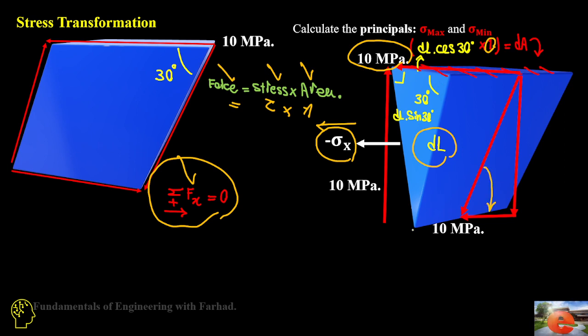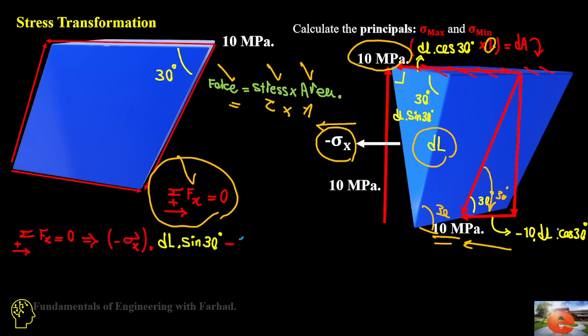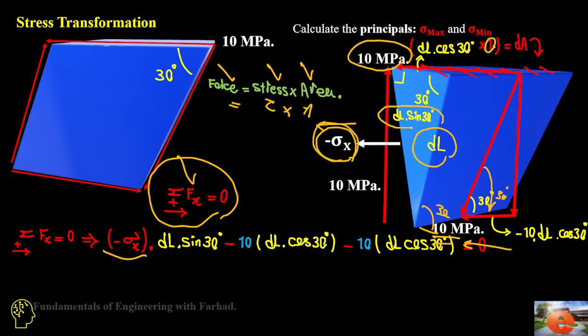If that's 30 degrees, this is also 30 degrees, and we can easily say that this is also negative because it goes in the negative x direction, and 10 again because the shear stress at the side is 10 megapascal times dl cosine of 30 degrees. So we have a negative sigma x which acts on the plane of sine of 30,